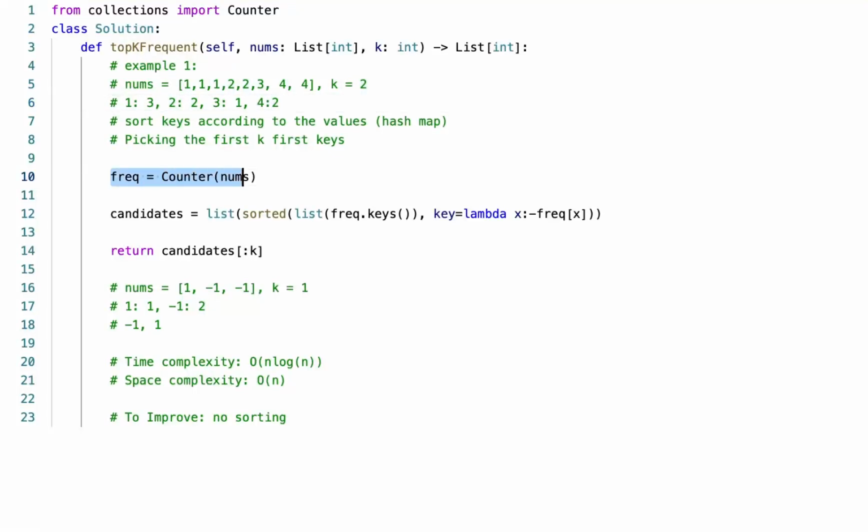So this is okay. I can do this because it's O of n. And once I do have these frequencies, what I would do is I would iterate over keys, and I would heap push